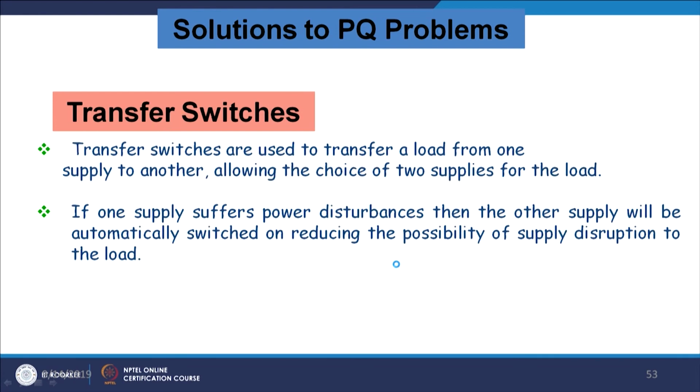Transfer switches are used to shift the load from one supply to another, allowing the choice of the load. What do we do generally? We generally put our single phase load in between line and neutral. We require to put it between line and earth. We have to see whether the RCCB is tripping or not. Then you can say that the earth is healthy and current is flowing.